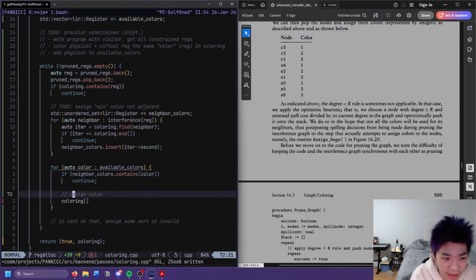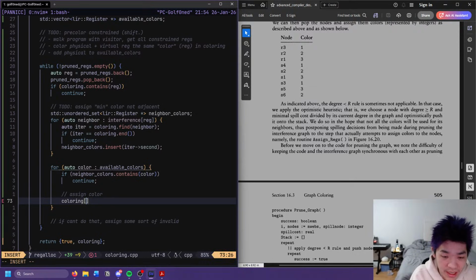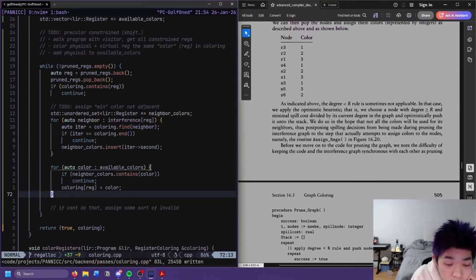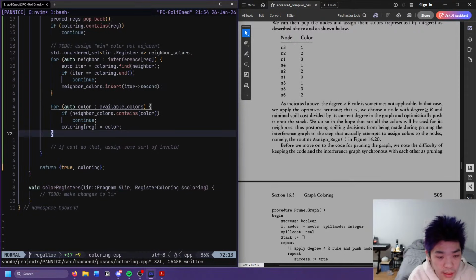We skip if it has it. Yeah. That would have been fun to debug. Okay, so coloring at reg equals color. Okay. I think that's good.